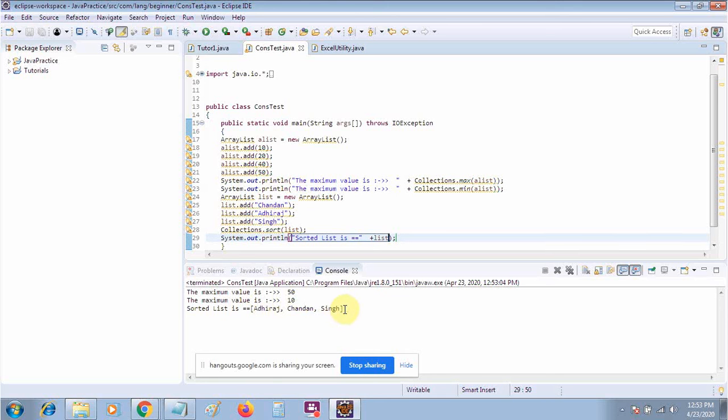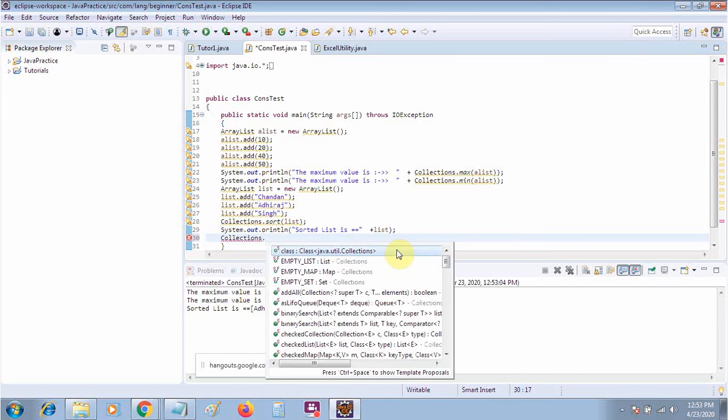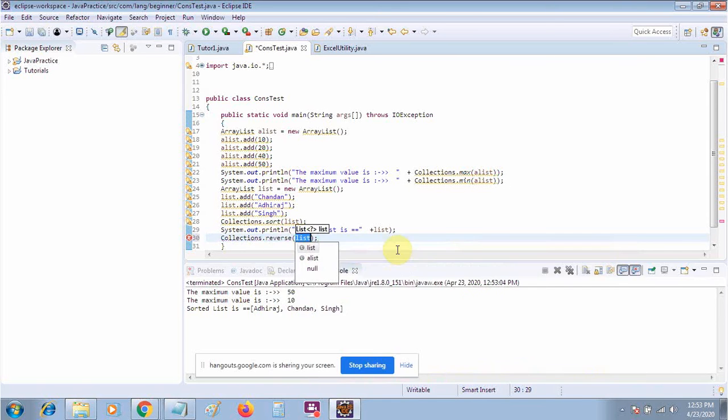Now let's move to another part. Suppose that you want to reverse the order of your array. You can also use a direct method of the Collections class to reverse the complete value of the array list. So to reverse we will use Collections dot, there is a method reverse, this one.